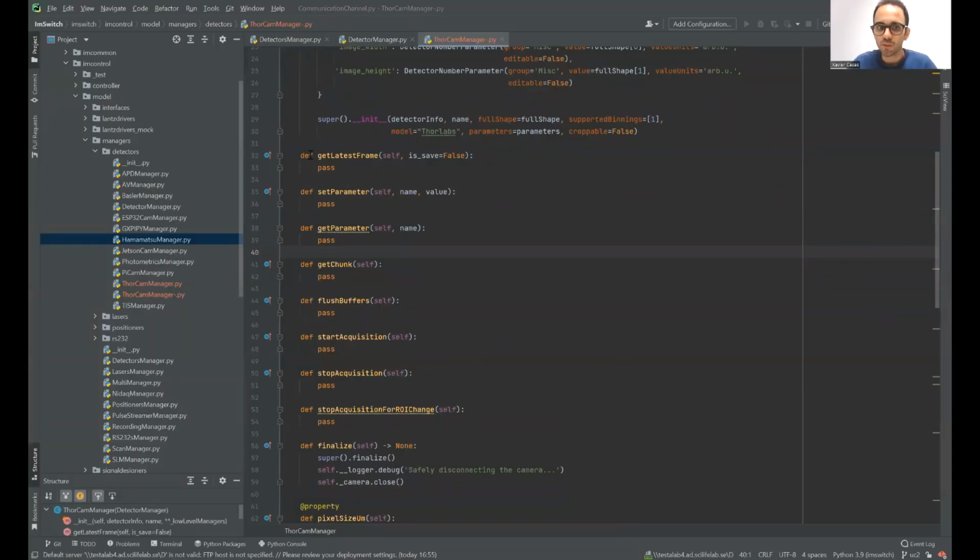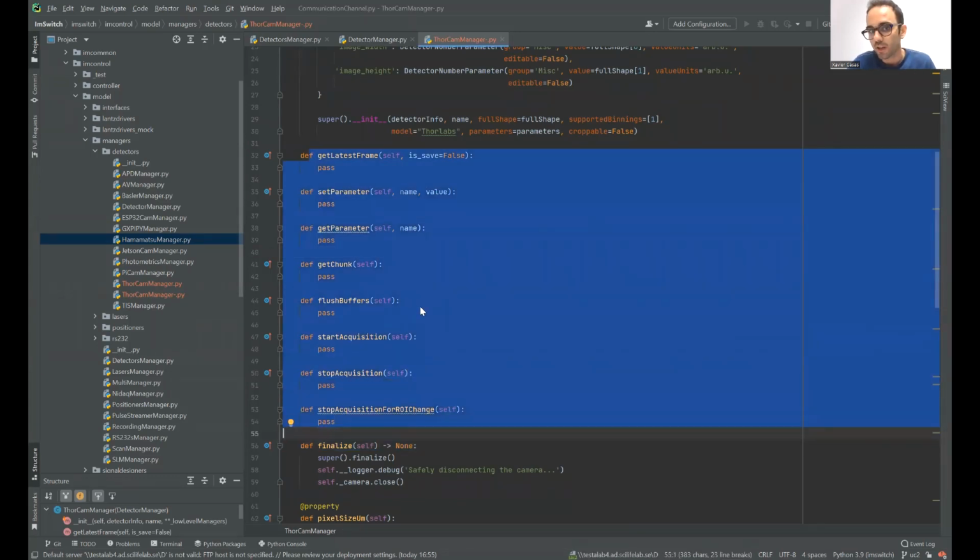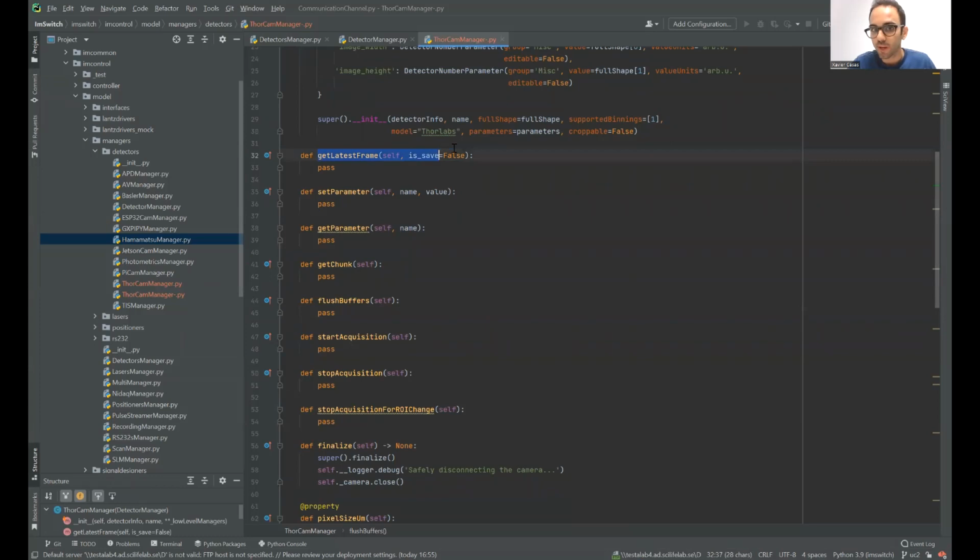And then it will be a matter of substituting all these functions by the real implementation of each camera. So getLatestFrame is one of the most important functions because it's the one that is going to be called from the widgets to display the images into the live view. Set parameter is to set all types of parameters, such as exposure time, the pixel size, and so on. Get parameter will get the parameters from the camera. Get chunk will be used to get the buffer of frames, and it will be for the storing into a file. And then we have start acquisition and stop acquisition whenever we want to start and stop acquiring those